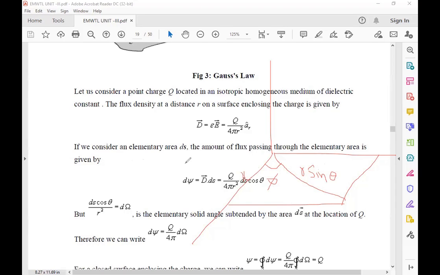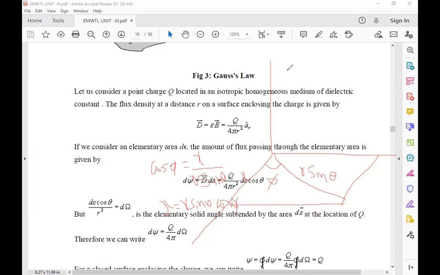Cos phi is equal to the adjacent side by the hypotenuse. What is the adjacent side here? The x. And the hypotenuse is r sine theta. Now what is the x value? x is equal to r sine theta into cos phi.